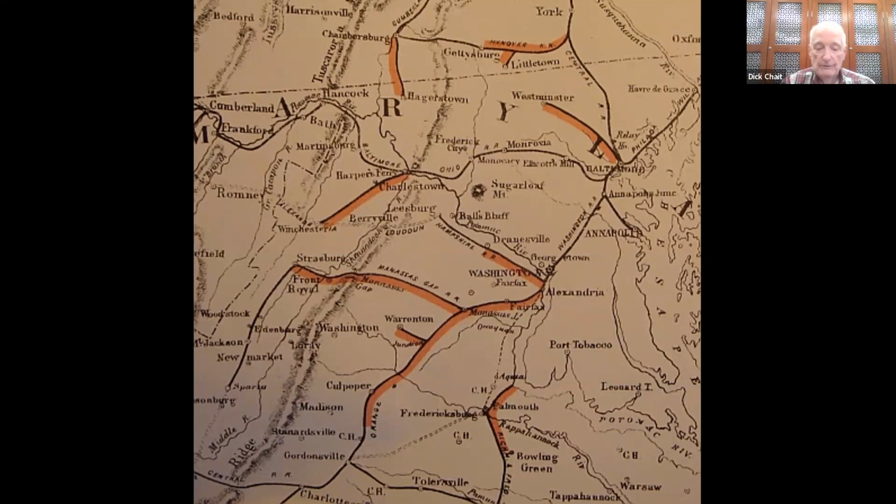This line was originally chartered in the 1830s, I believe, just as the Orange and Alexandria line was chartered in that period of time. But it did not reach Alexandria until sometime later, primarily because it was heavily damaged during the war. And after the war, there were kind of fits and starts for this line to move north